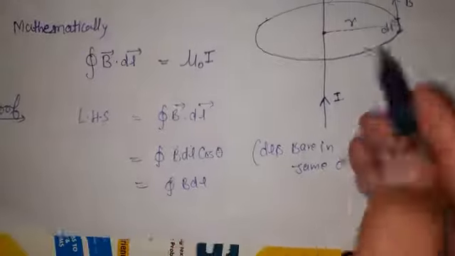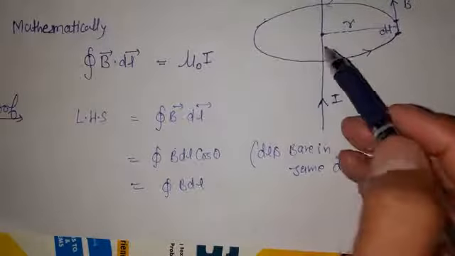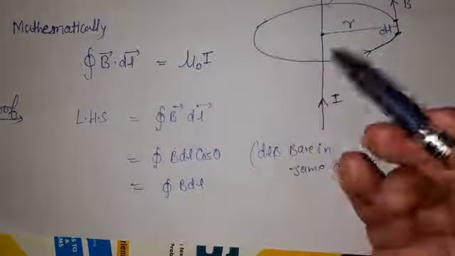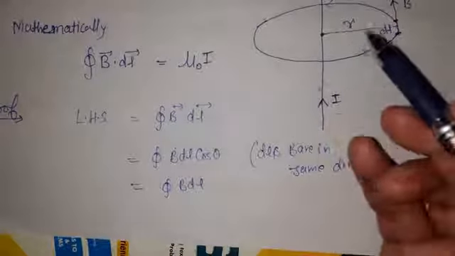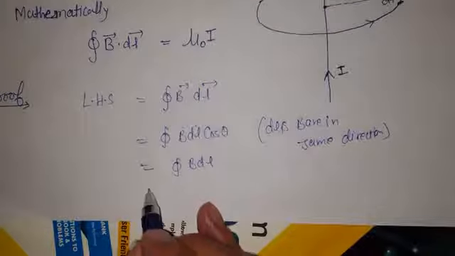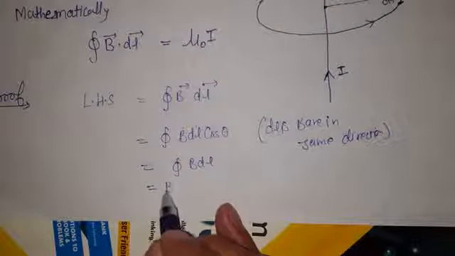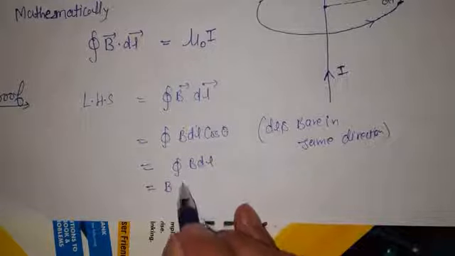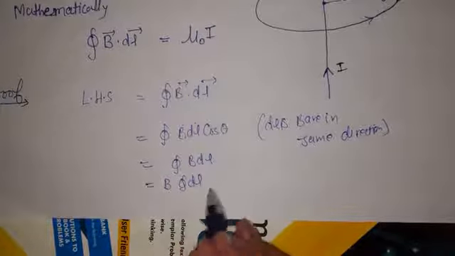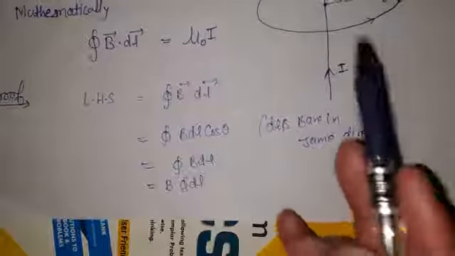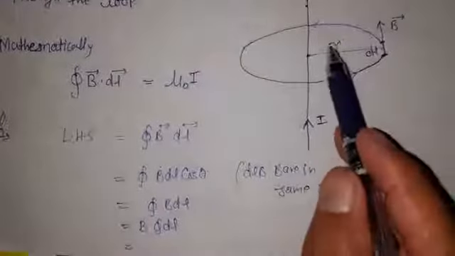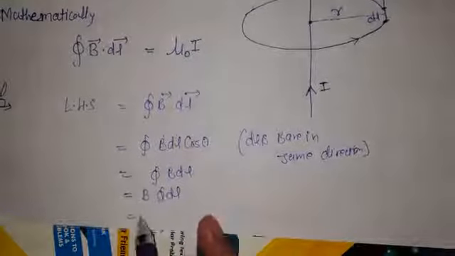Now on this closed loop, as we said, this closed loop is an Amperian loop. How should the Amperian loop be taken? It should be taken symmetrical. If it is symmetrical, then what will the magnetic field on it be? It will be constant. So the magnetic field is constant, and this will be the integral of that line. The total length will be that of the closed loop. So the total length of this closed loop, its radius is r, so what will the total length be?